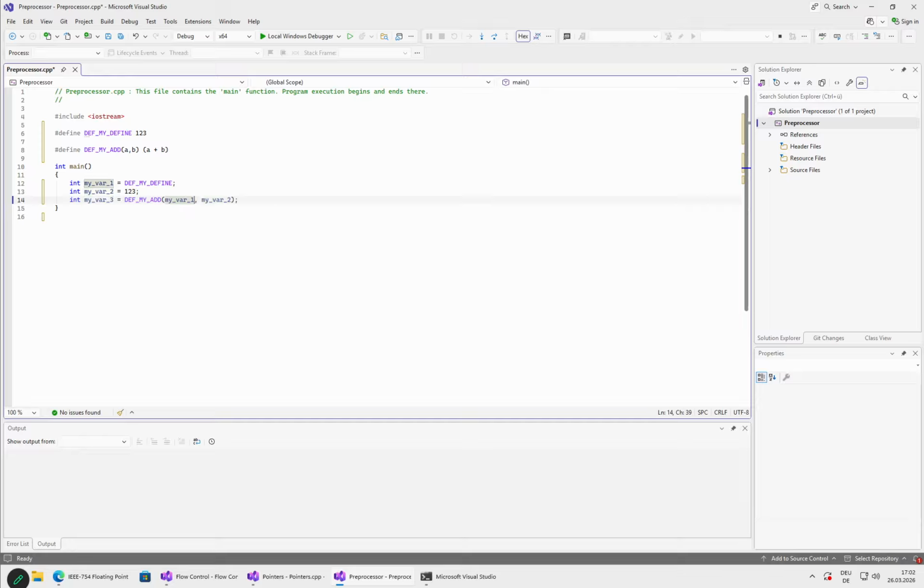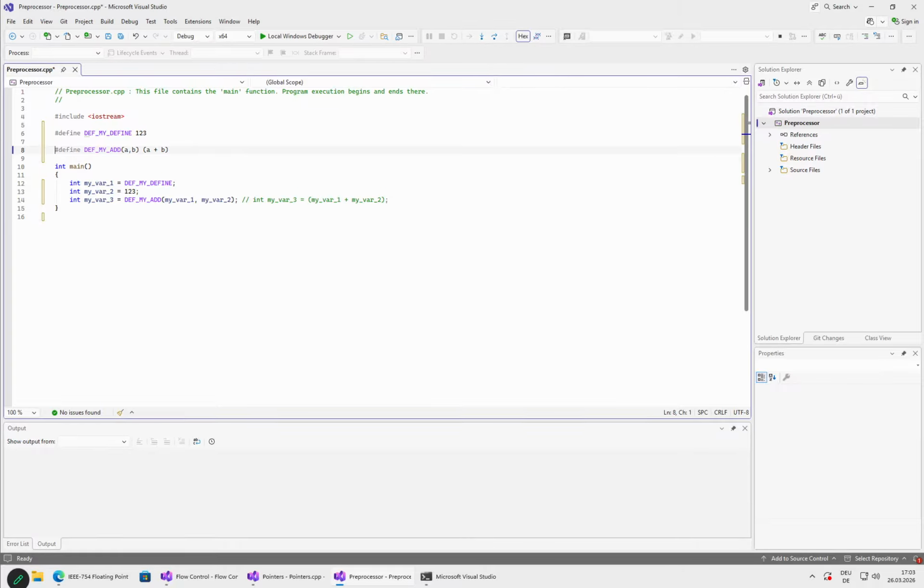And what it really will do is it will turn this line explicitly into this line before it really compiles it. So it's really quite a funny mechanism, and it can really be used for quite complex things even, since